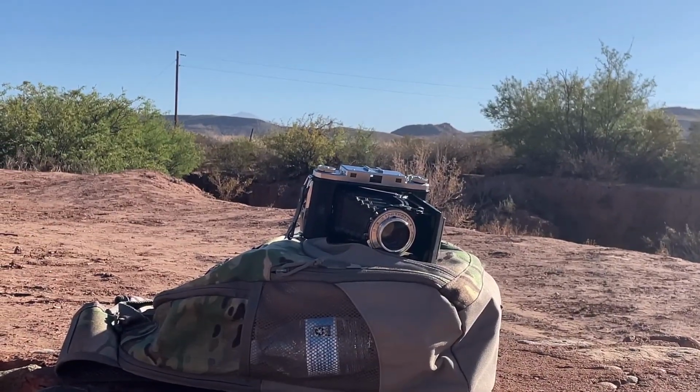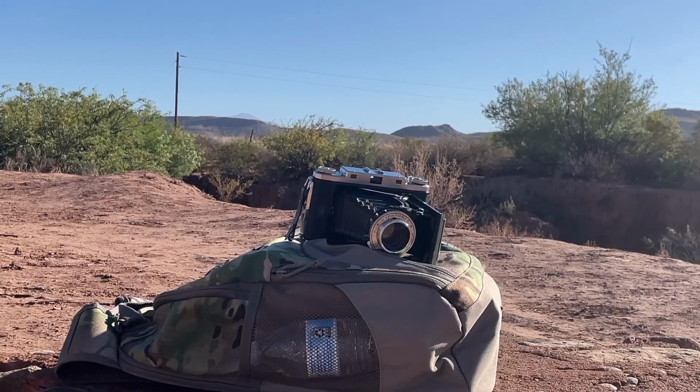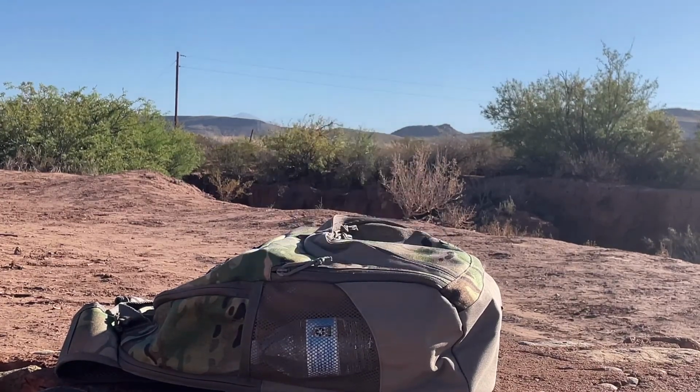Let's get out and about in this wind and take some pictures. So yeah, we're going to use an old folding camera. We have black and white film, 120. But this being a 6x9 camera, it's going to take 8 pictures, where a lot of you have